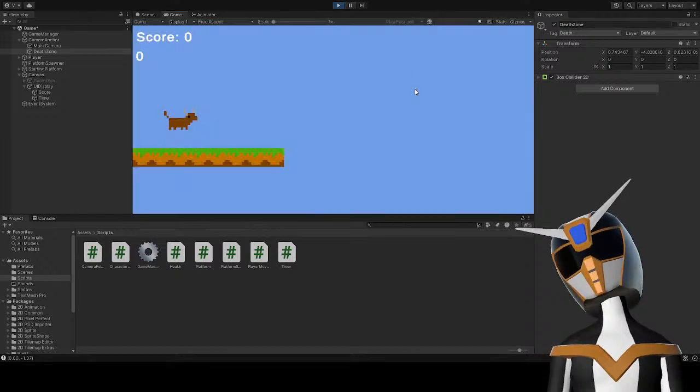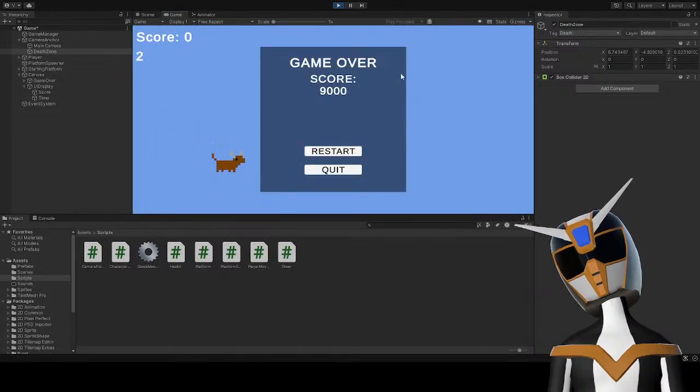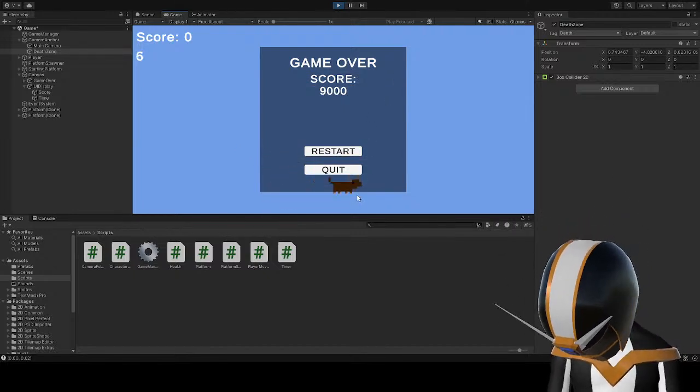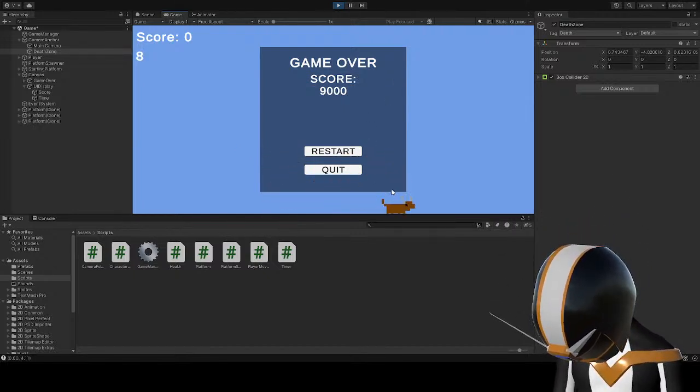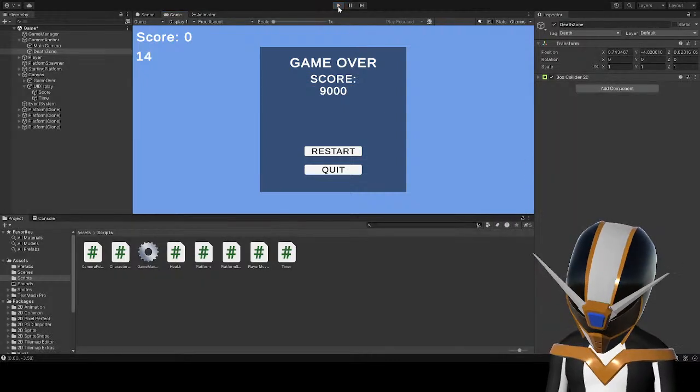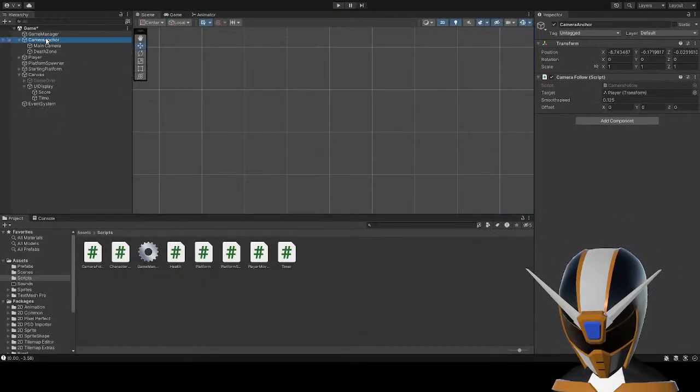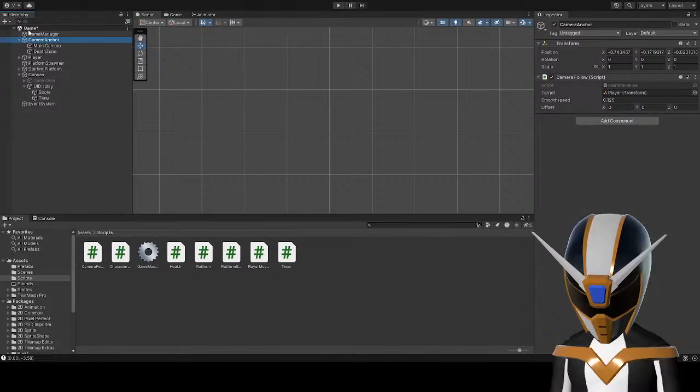Now, when I hit that, the game over screen should come up. Yes. And then you just keep bouncing infinitely, while moving slightly faster than the camera for some reason. I don't know why.